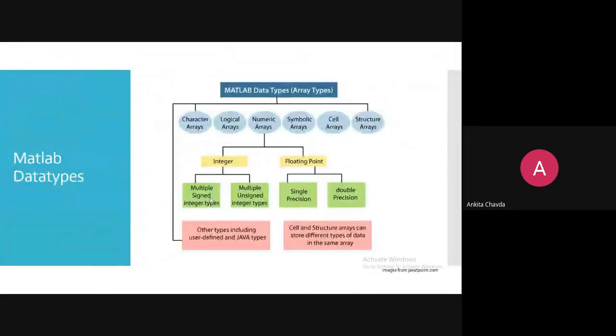Then this is about the MATLAB data types. How many different data types are we having? They are divided into these categories: the character array, logical array, numeric array, symbolic array, cell array, and the structure array. Structure itself, you know, what was structure in C language?